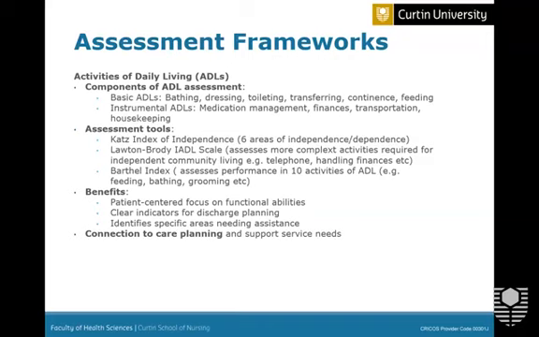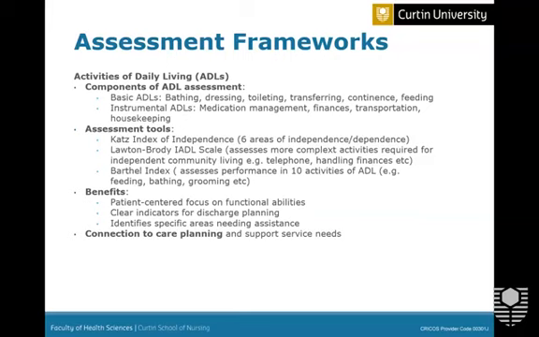So medication management, finances, transportation, housekeeping. And so often with this type of assessment, because we're looking to see the level of independence to dependence, or complex activities required for independent community living, or the ability to independently care for oneself in